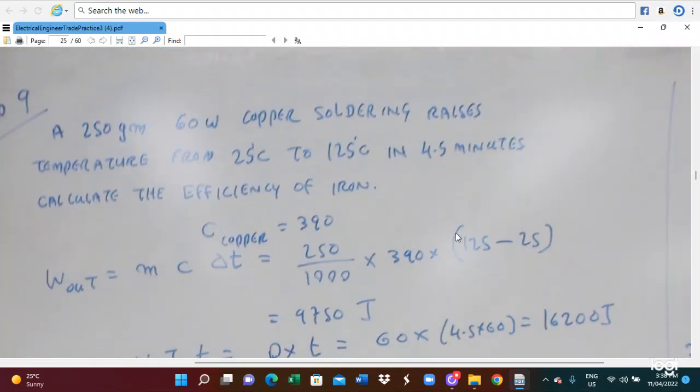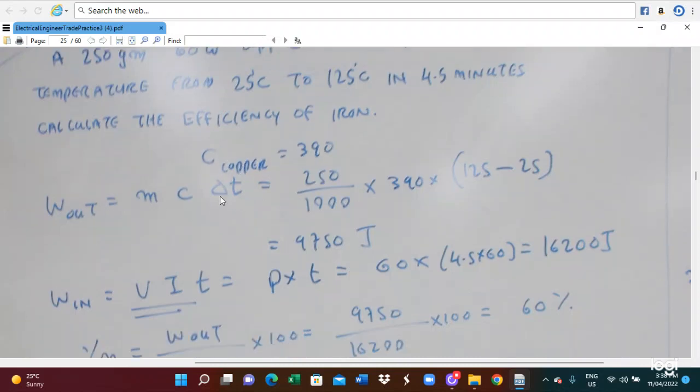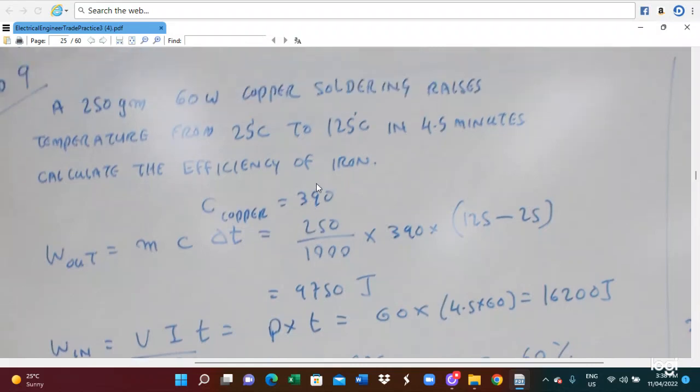And the next one is a 250 gram, 60 watt copper soldering iron, which raises the temperature from 25 degrees centigrade to 125 degrees centigrade in 4.5 minutes. We need to calculate the efficiency of the iron. So for this copper, the heat capacity is 390, so W out is MC delta T. Mass is 250 grams, so 250 over 1000, and C is 390, and 125 minus 25, so you get that